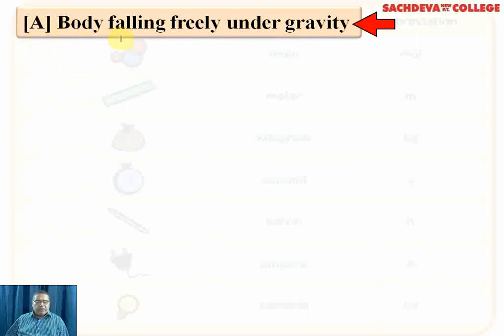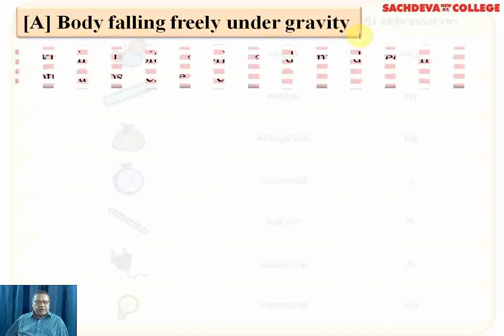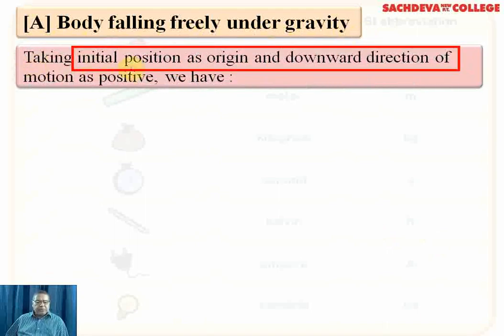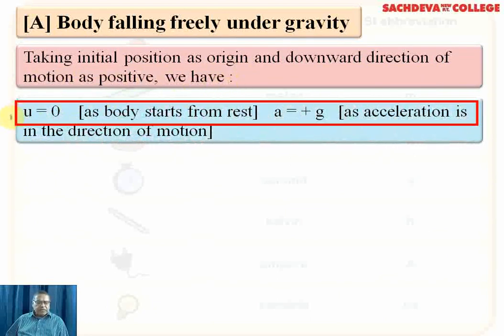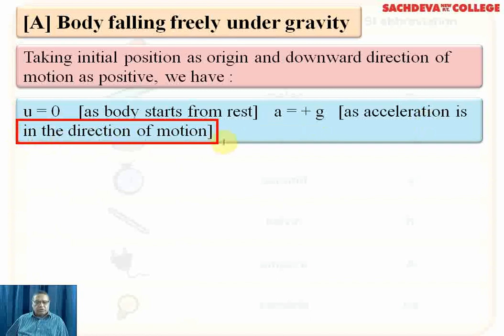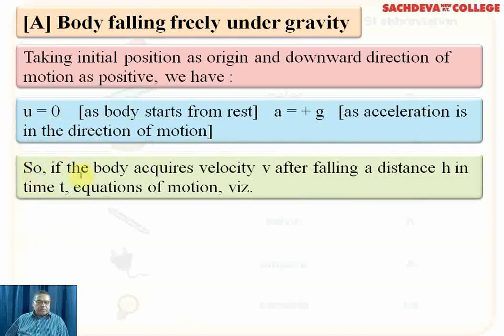A body falling freely under gravity: when the body is coming down, falling freely under gravity, taking initial position as origin and downward direction of the motion as positive, we have u equal to 0, that is body starts from rest. a will be equal to plus g, that is acceleration is equal to acceleration due to gravity in the direction of motion. So if the body acquires velocity v after falling a distance h in time t, then equations of